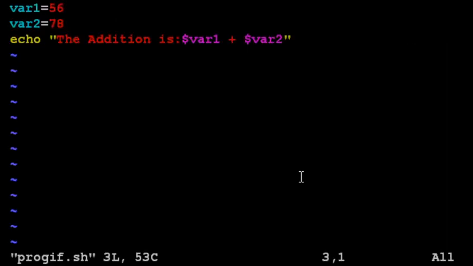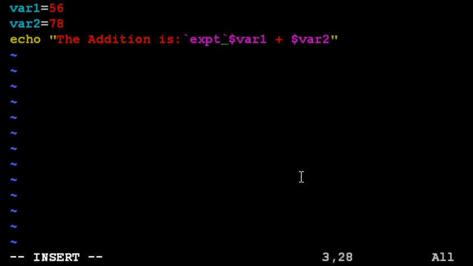And how to use that command, I will show you here. So to do this addition you have to use a backquote. Now the backquote is present on your keyboard where the tilde sign is. Backquote is one of the symbols used for command substitution. The meaning of command substitution is that you are using a command within another command. So your command is an inner command, and you have to use backquote to evaluate it.